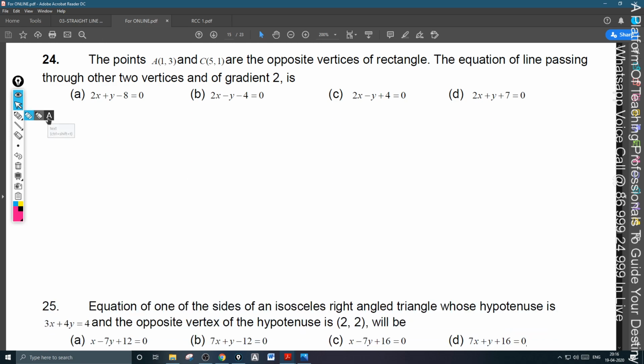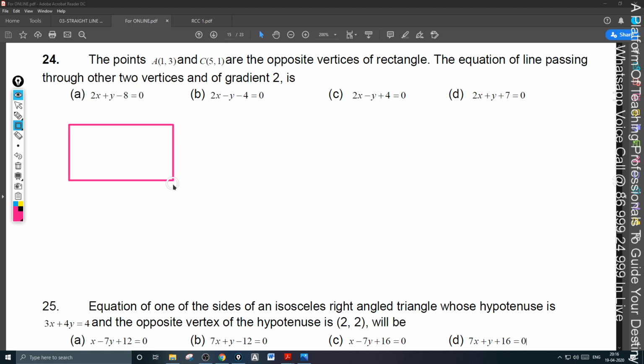Next, 24 please. The points A(1, 3) and C(5, 1) are the opposite vertices of a rectangle. The equation of the line passing through the other two vertices of gradient 2 is? This is a rectangle. And what are the points given? First point is 1, 3, and the other one is